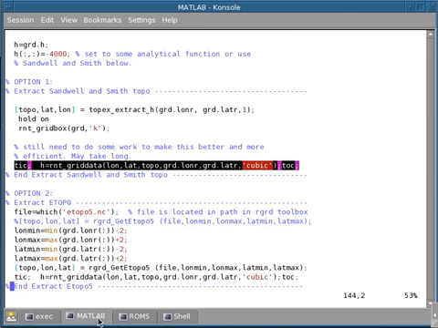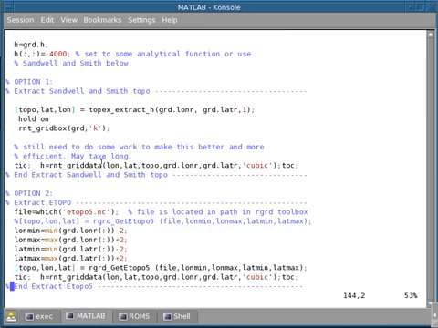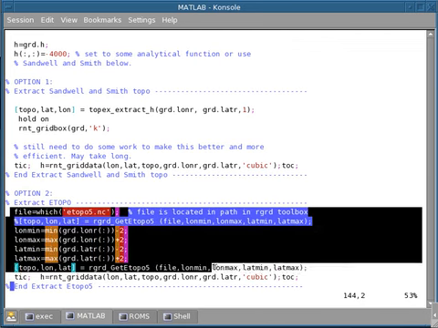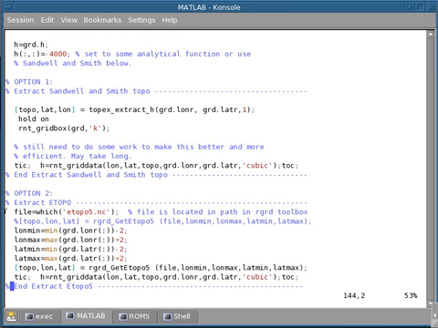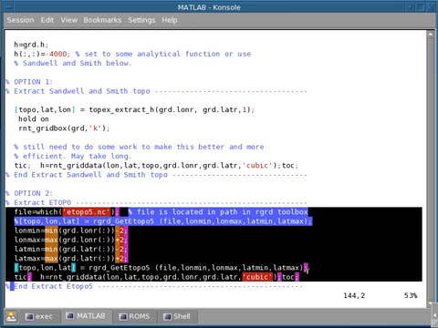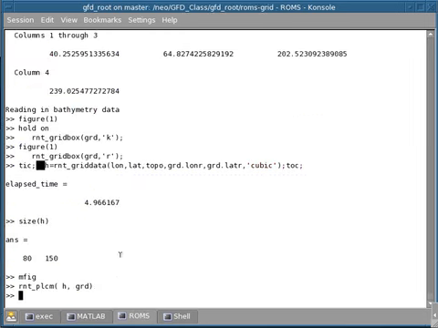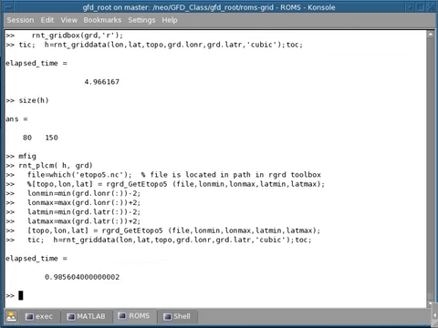Alternatively, if we didn't want to use the Sandwell-Smith, we can use the ETOPO. The procedure is just the same. You just execute this part of the script, and then in the end you do the griddata. And so I'm just going to do this very quickly. I'm just going to go here and do this. In this case, the interpolation of the ETOPO5 took less time because this is a coarser